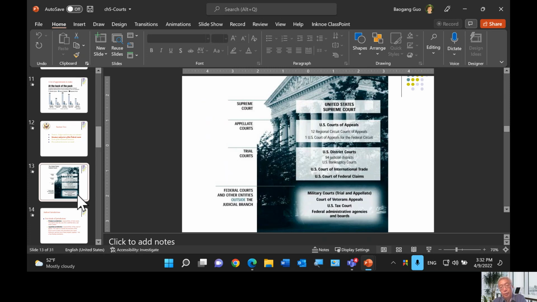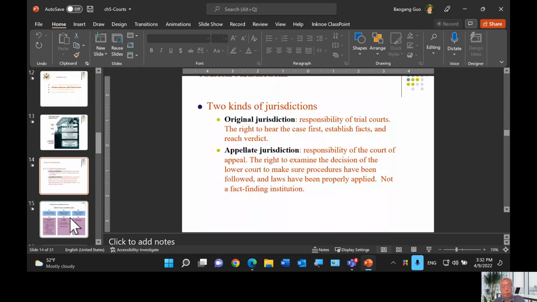Right, so to understand this differentiation, the division of the different courts, you have to understand two concepts here. One is called original jurisdiction, another is called appellate jurisdiction. Whenever you start a litigation or lawsuit, you don't go to the Supreme Court.